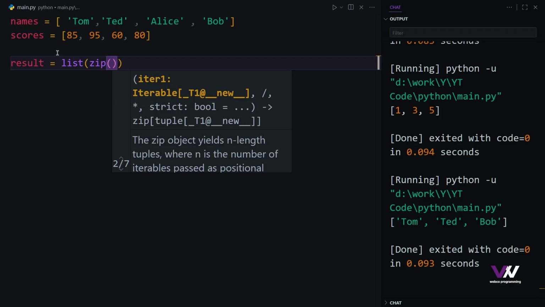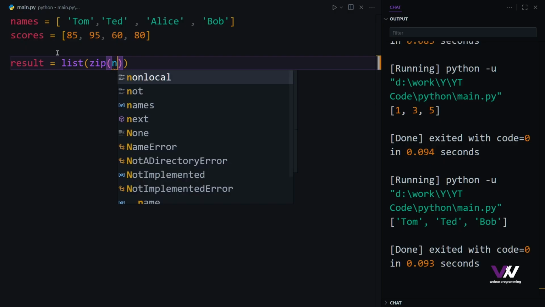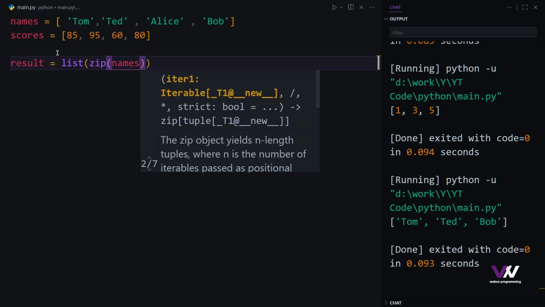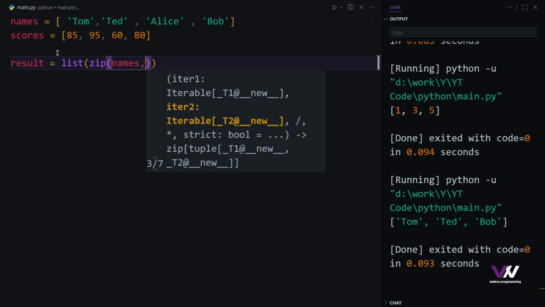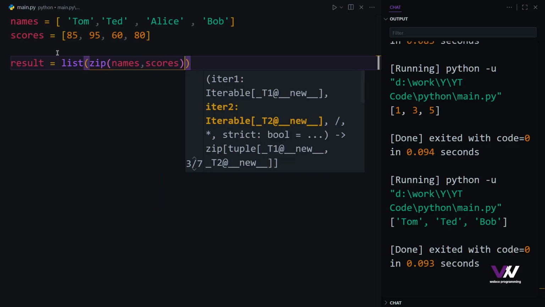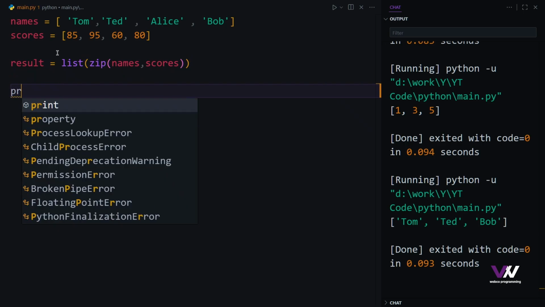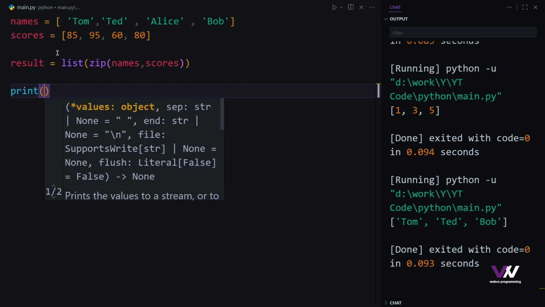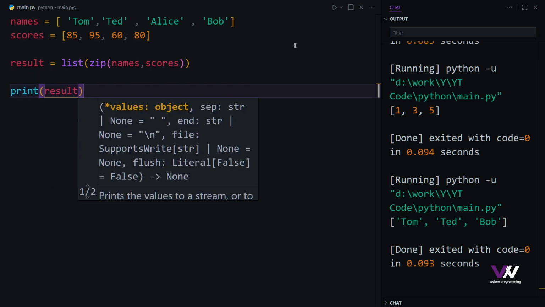But unlike the previous two functions, this time we don't want any function to put here. What we need to do is only pass the names of our lists. So the first one is going to be this names, and the next one is going to be this scores. And now, having this, if we have this print and print our result into our output, if we clear